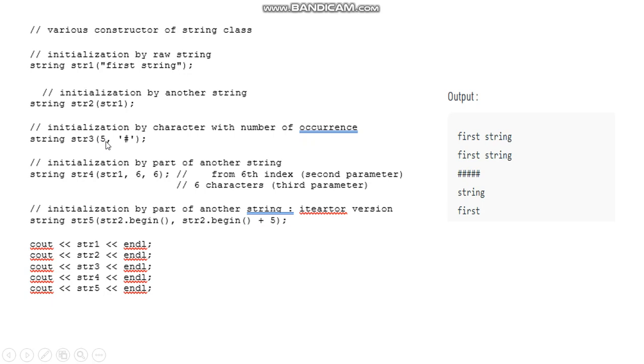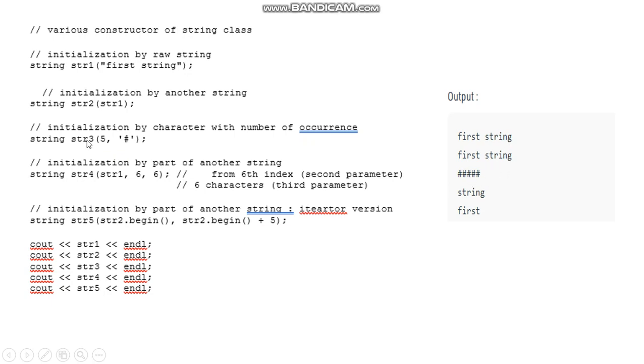From the fifth position, for 5 positions, we can assign the hash symbol by this function. The string object str3 is created, and for 5 positions hash can be occupied. This is the output of the first string, the second string, and the third string str3.